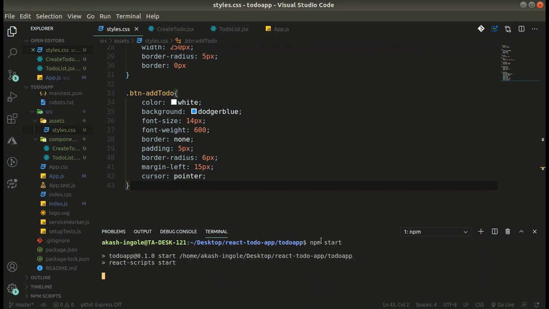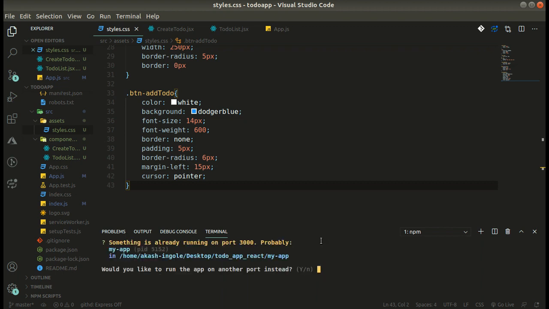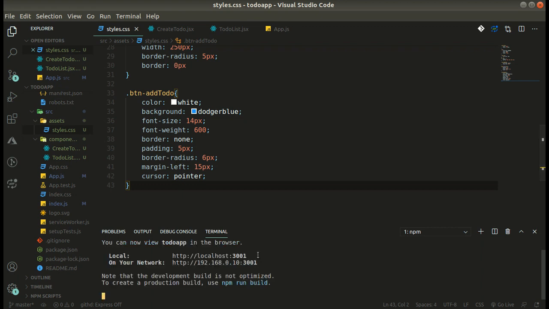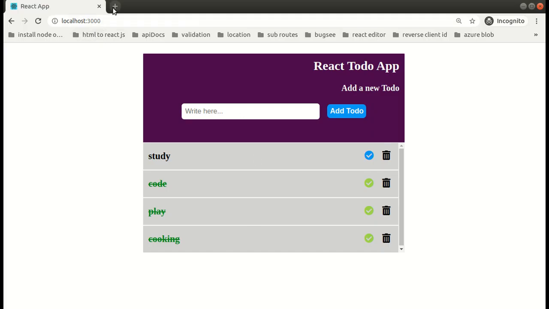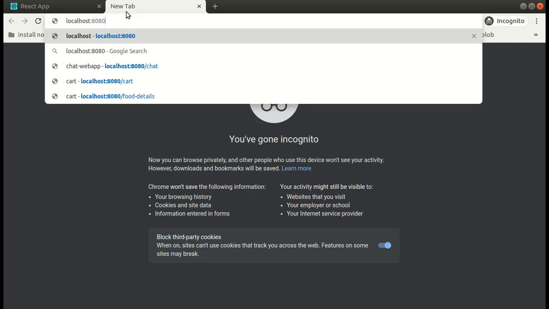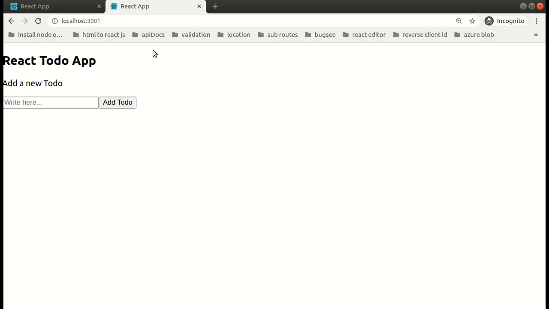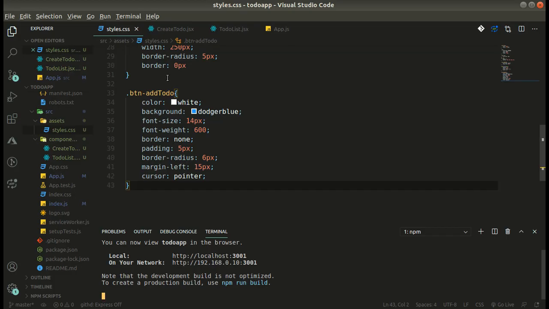Okay, cool, as we can see it is running on port 3001. So let's try 3001. Friends, right now the CSS is not applied, so let's add the CSS.